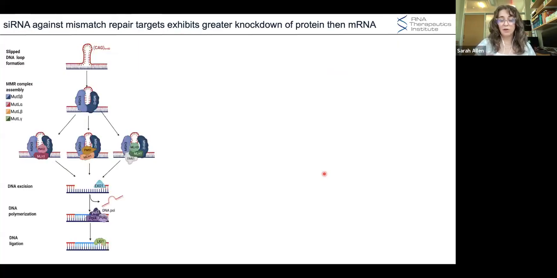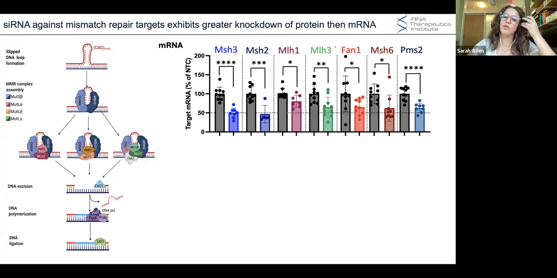We have another project for Huntington's disease in the lab looking at targeting different mismatch repair factors to try to slow or stop somatic expansion before it begins. So this is targeting all of these factors. And another student in the lab, Jillian Belgrad, has done a lot of work to develop siRNAs for each and every one of these transcripts. So just showing some of her data quickly, she screened a number of targets, and you can see that she gets around 50% silencing of the mRNA at most of these transcripts.